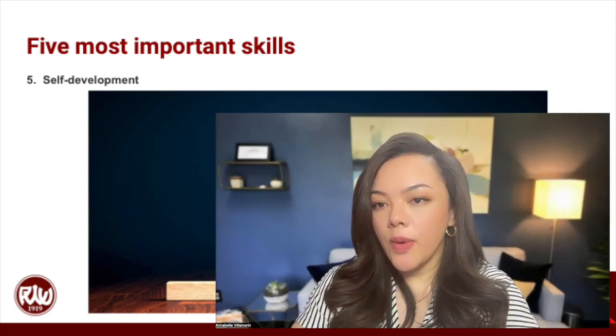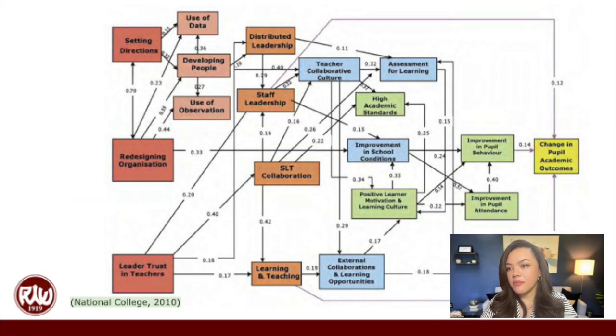I wanted to also highlight this work from the National College, and like how I'm very much a numerical mathematical person, and I like seeing visuals like this because it tells us, what are the things that really impact decision making at the school. And when I was going through this study of a 21st century leader, I didn't want to just identify this person. I wanted to be somebody that could be impactful, meaning that there are skills and strategies that I can take away from this study, right?